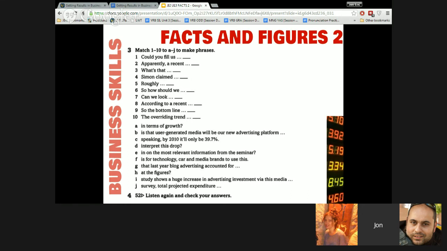The bottom line means the conclusion. This is what we should conclude. The bottom line. To summarize, well, not to summarize. It means to conclude, to find something new. Okay. So the bottom line,